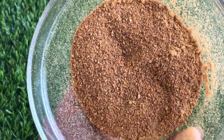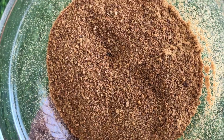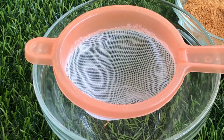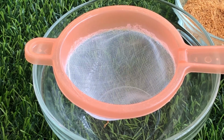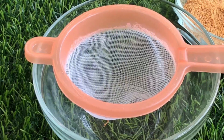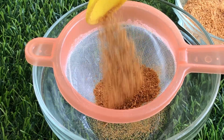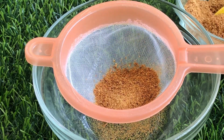So right now I'm going to sieve it so that we can have a fine powder. I have my sieve here, and this is what I'll be using to sieve the orange peel powder so that we can have a fine and smooth powder that will be easier to use. I'm going to put the blended orange peel in the sieve and then sieve it till I have a smooth